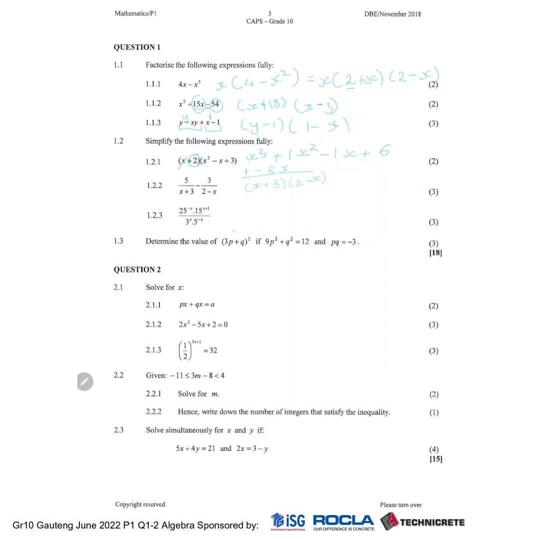Okay. So for the next question, it's to the power of x. So how we normally deal with this is to get the bases the same number. So we can get the bases to the prime number, well, any number basically, but they have to be similar. I would try and get the 25 to the power of minus x and the 15 to the power of x plus 1 into 3 and 5s, since that's what the denominator is also about. So